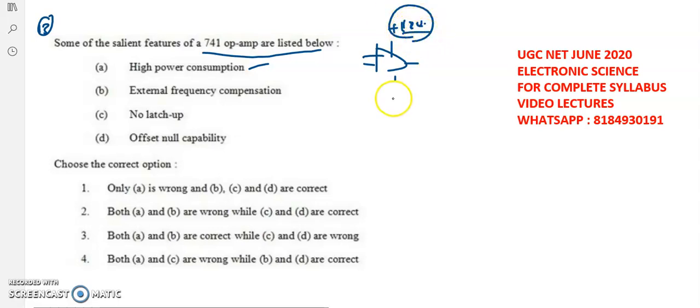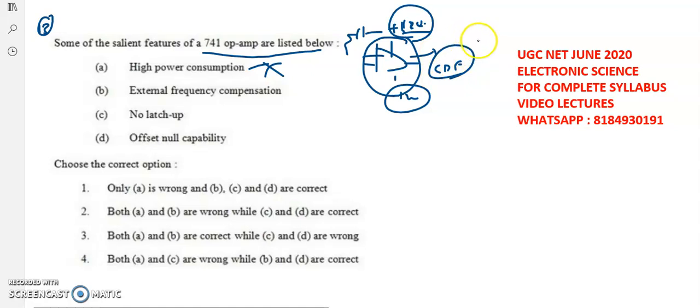Plus 12 volts here, and here it is minus 12 volts. So it is a wrong thing. The external frequency compensation. That means we observe the active filters, where the low pass, high pass, and band reject. So based upon the external components we are connecting, the resistors and capacitors, the frequency of the operational amplifier can be changed. So if you take the low pass filter, with the help of a resistor and capacitor connection,